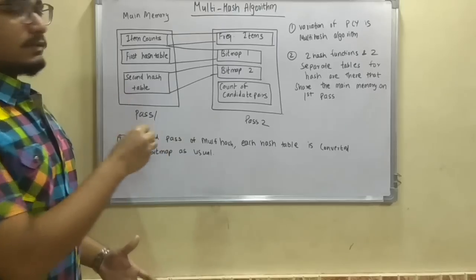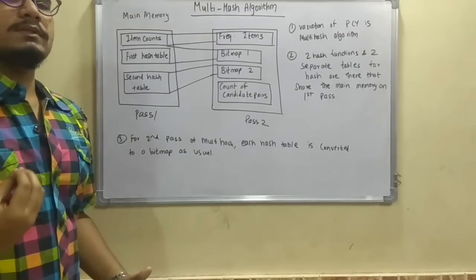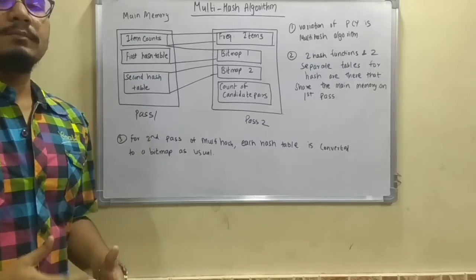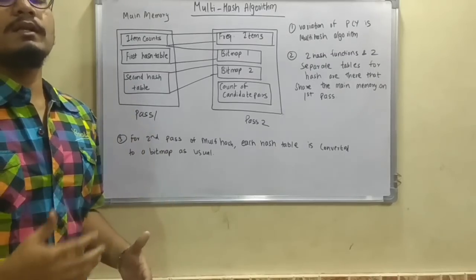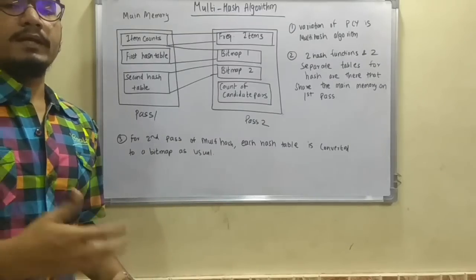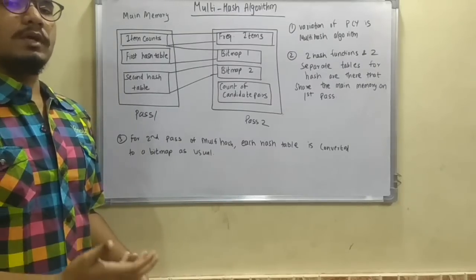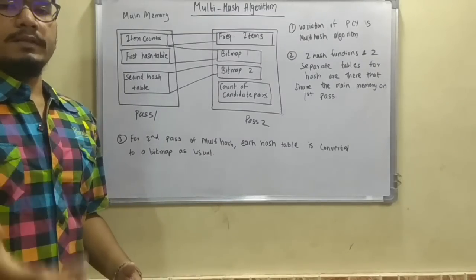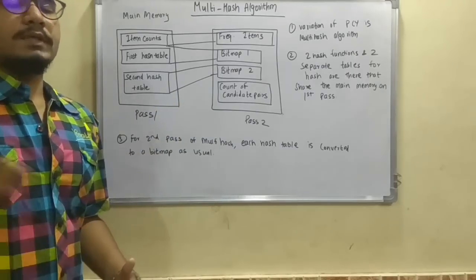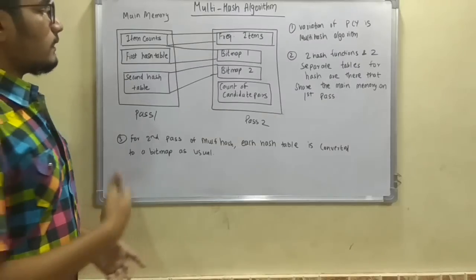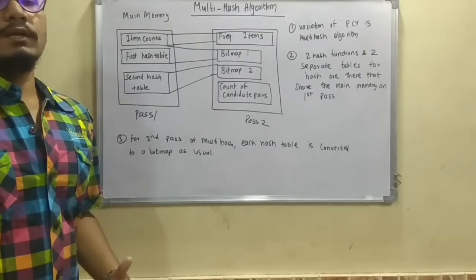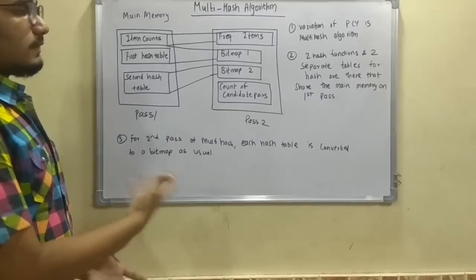So this is the best possible algorithm out of these for frequent itemset mining, since it has all the hash tables and the hash functions in one single main memory map, and therefore it does not require any other stages or other filters to map it into the table. So this internally will solve the problem of false drops and false positives, and so there is no need for any secondary pass or any other algorithms.